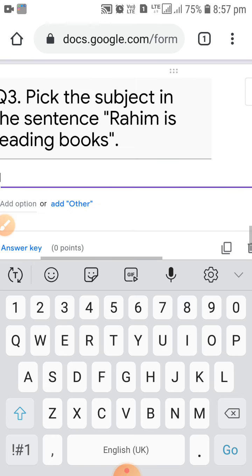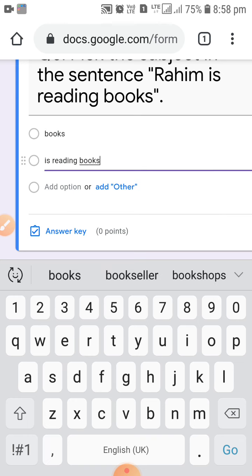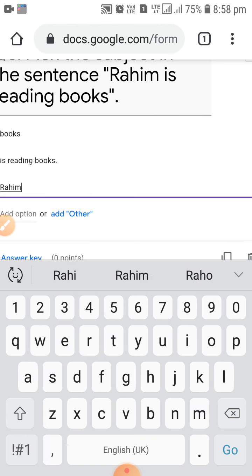Oh, I deleted that one. Okay, no way. Option 1 I want to say books, then option 2 I want to write is reading books, and option 3 I want to give them Rahim.